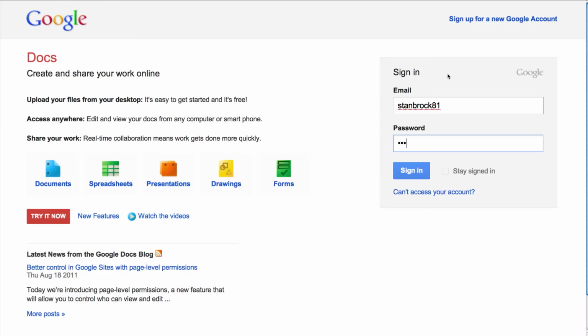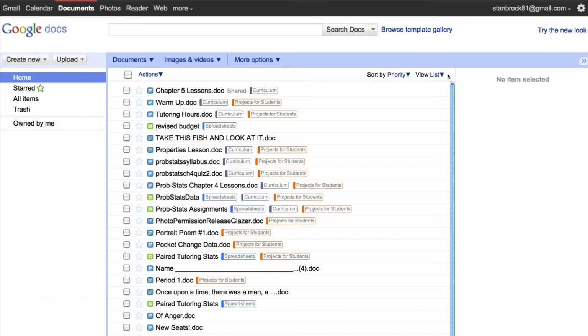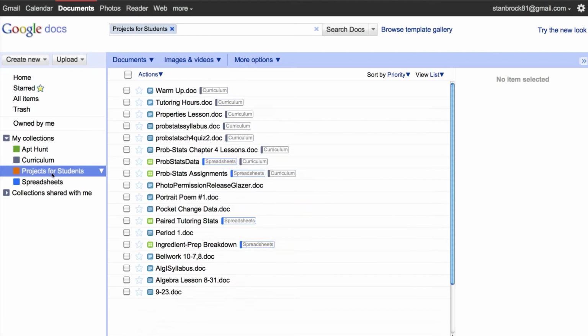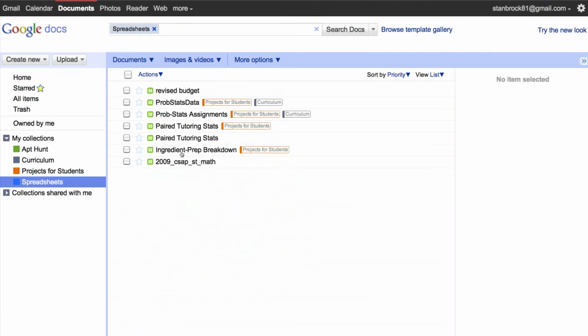Why would I use Google Docs? What's really cool about Google Docs? Let me know how it works if I've never seen it before. I think the most compelling reason is that you're not attached to a single device. If I throw this laptop in the river, nobody will know the difference, including me. It won't matter except that I'll be out a few bucks. Then I can go somewhere else. I can buy a new computer. I can go to a friend's house. I can go anywhere that's got something that I can connect to the web, and I can log into my account and see all my stuff. It never disappears.